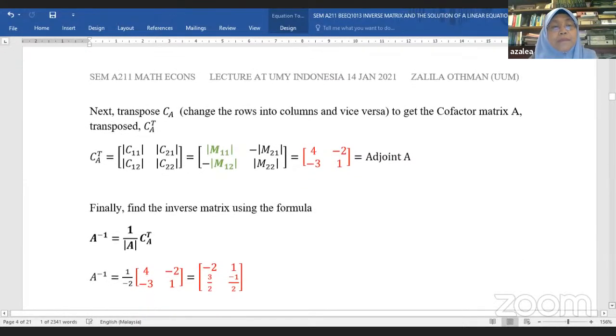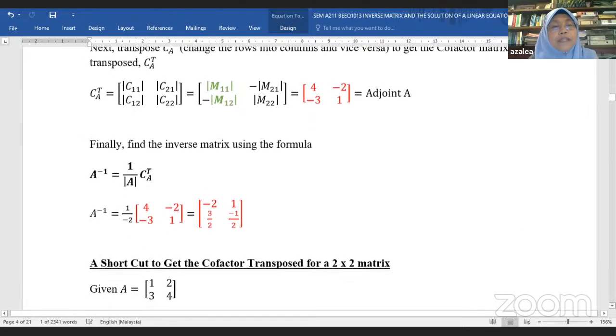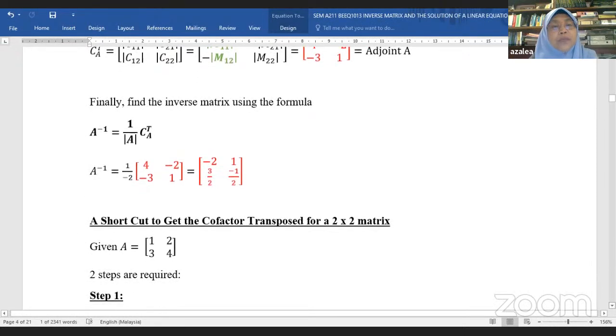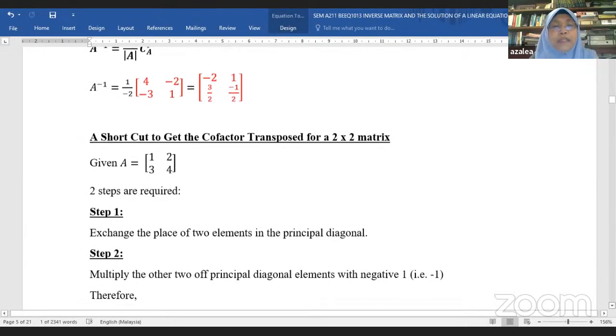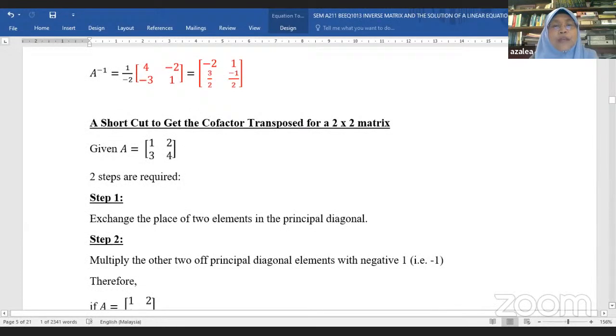Finally, find the inverse matrix using the formula, since we have the components already. So you can write the determinant and the cofactor transpose. Then you will have this as the inverse matrix. But for a 2 by 2 matrix, I think you know already how to get the cofactor transpose